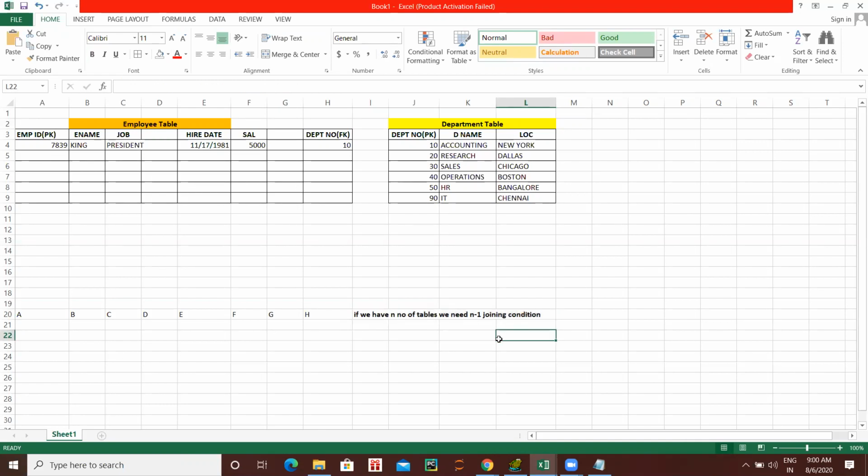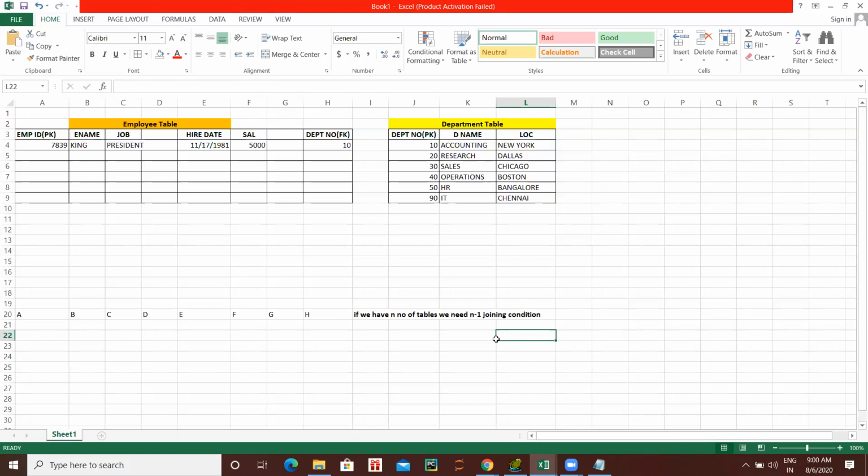Okay. So here n number of tables. Let's say I have 2 tables. So joining condition will be 1. That is department number equal to this department number. Let's say I have 8. So I need 8 minus 1, 7. If I have 19 tables, so 19 minus 1, 18 join conditions I need. Okay. So this is the golden rule you have to remember.